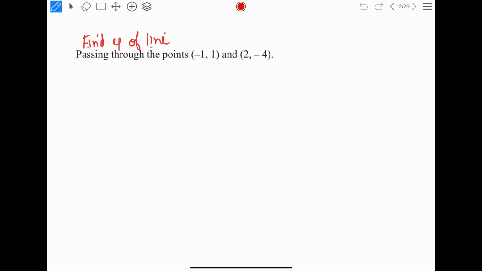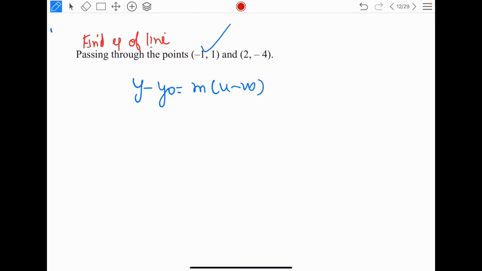Question. Find the equation of the line passing through these points. Your x naught, y naught can be anything. So 2 equations may be possible if x naught, y naught are different. You can take x naught, y naught, anything. I generally prefer to take the first one. It's my preference. So how to find this equation? You already know y minus y naught is equal to m of x minus x naught. Just use your 1-point form only.